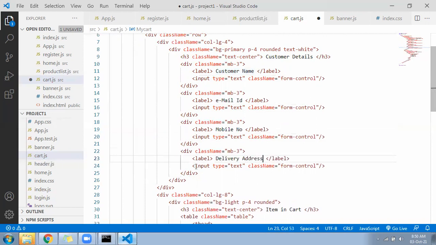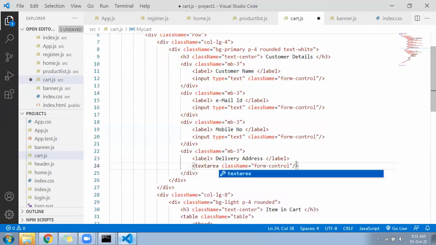Delivery address, check the spelling. Text area, close the text area.